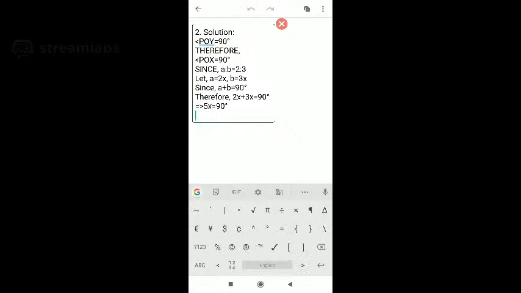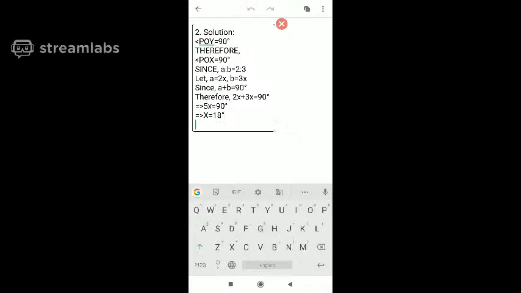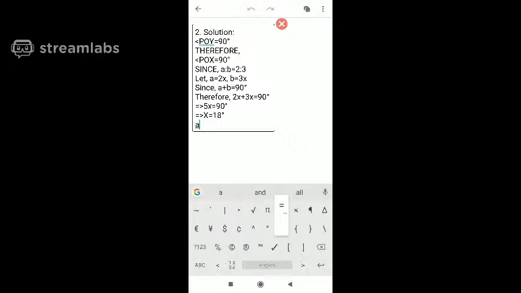So this implies x equal to 90 by 5, that is 18 degree getting. So value of x, 18 degree getting. Now we can find out A and B. So therefore A will be equal to what? 2x is there, so 2 into 18 degree, that means 36 degree,